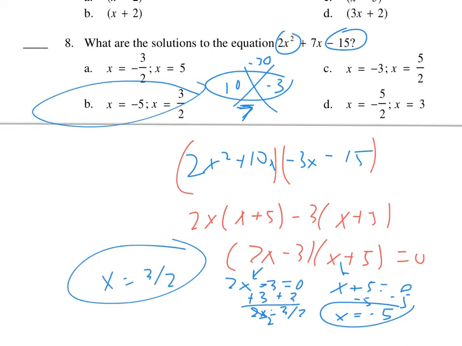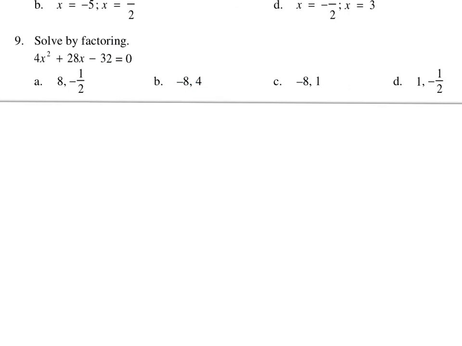So that would be B. All right, this one again we need to solve by factoring, but I do notice that these are all even here, so I can divide them all by 2. And so that's going to give me, actually I should put the 2 out front, 2 times x squared plus 14x minus